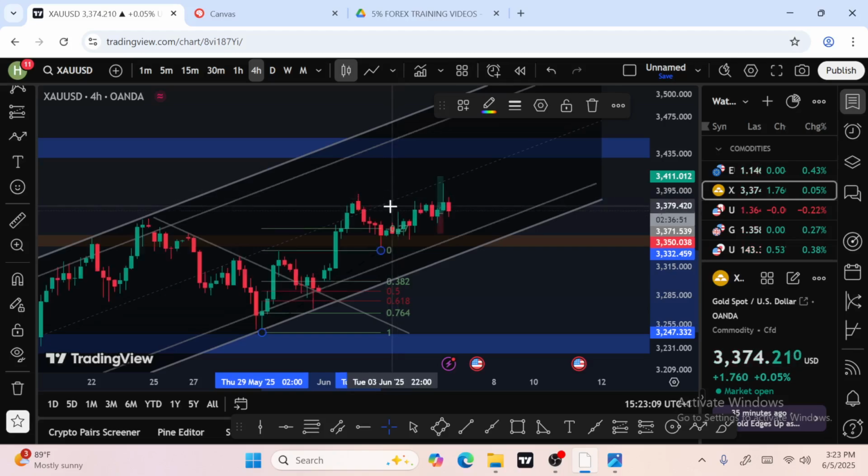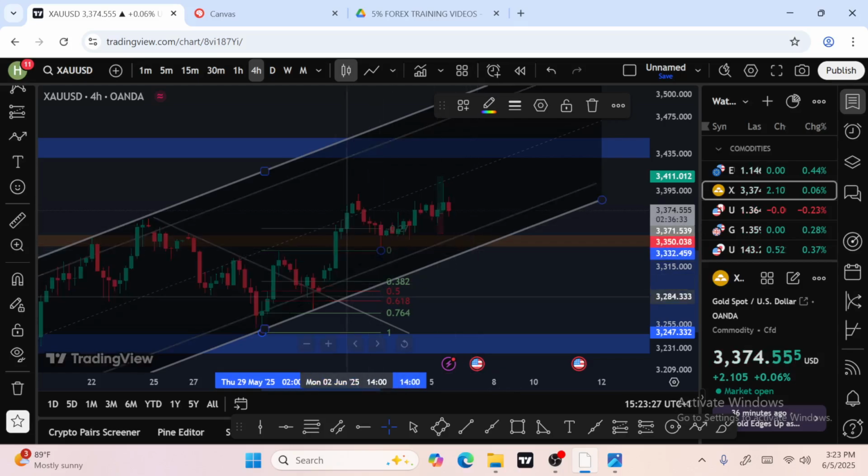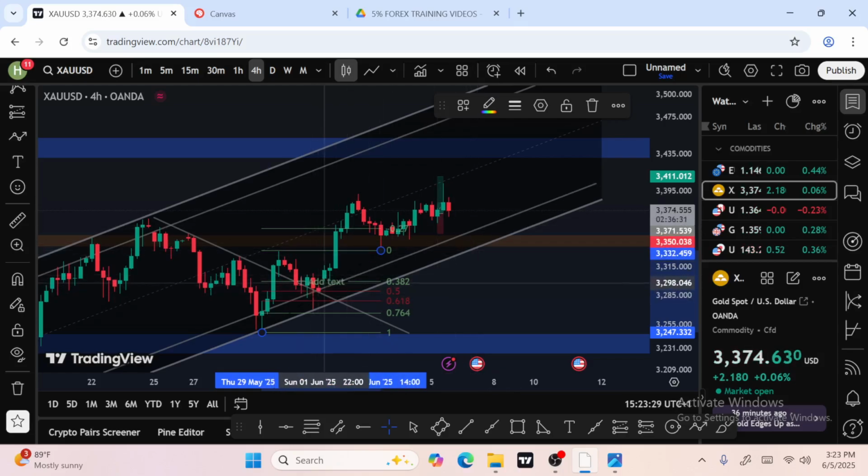Yes. Do you get it now? So when you have a gap, it is to tell you that a buying transaction happened there. So there's every tendency that the market will go all the way up, but be rest assured that it is coming back to fill it. It might not happen now, but it will happen later. Do you get it now? But it's giving you an insight that there's a buying transaction.